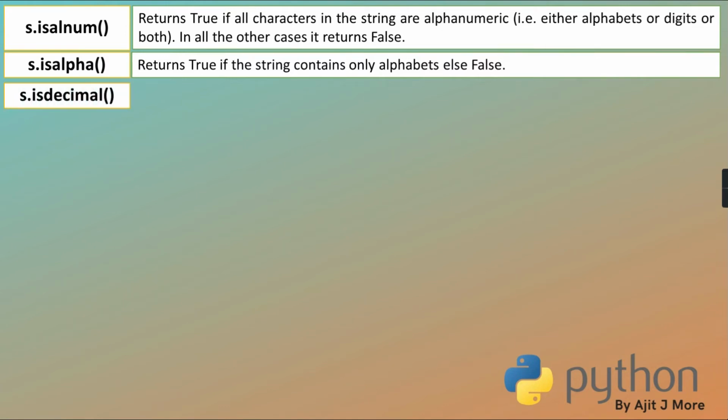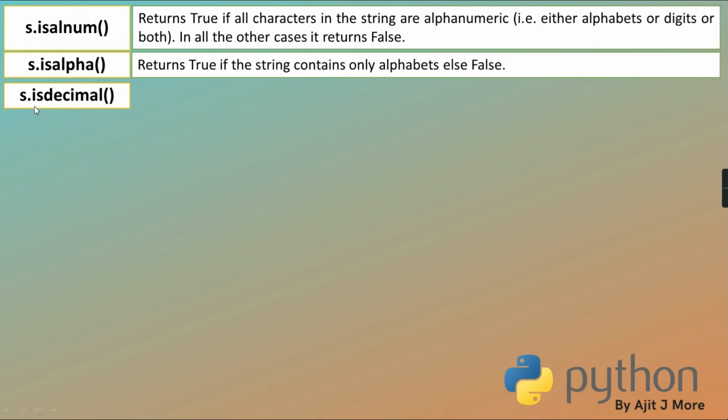Then comes isdecimal. Now there is a little bit of confusion between isdecimal, isdigit, and isnumeric, because there are three such functions. isdecimal is there, isdigit is also there, and isnumeric is also there. You may say, then what is the difference? I'll come to it, don't worry. Now just check isdecimal. It will check only the num part. And when isalpha and isdecimal you combine, it becomes isalnum.